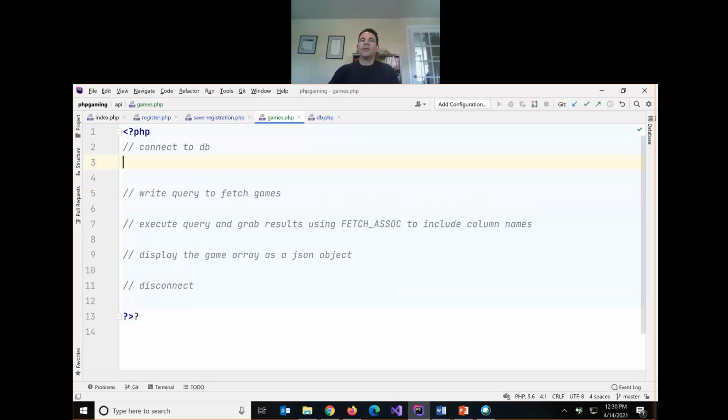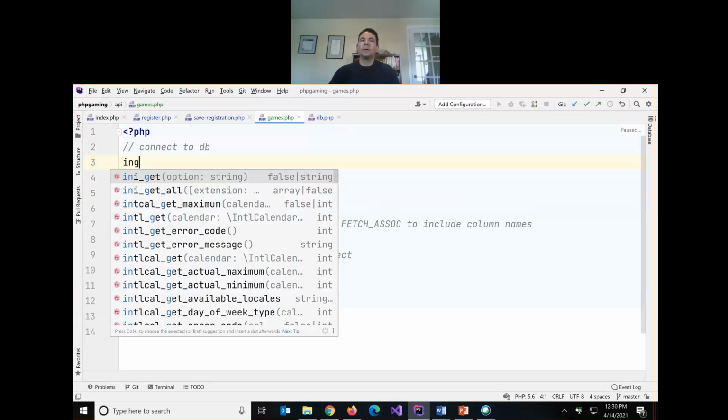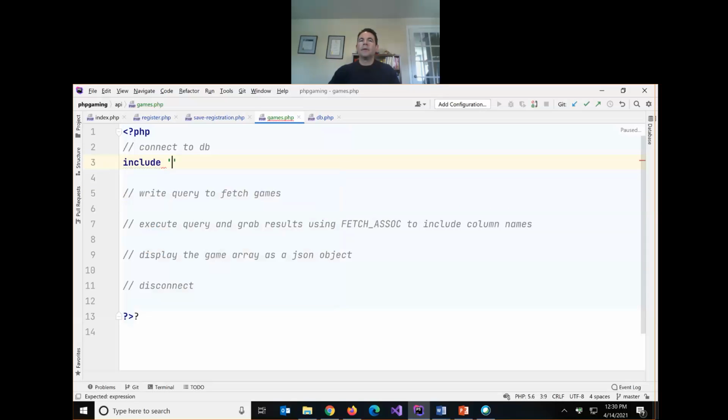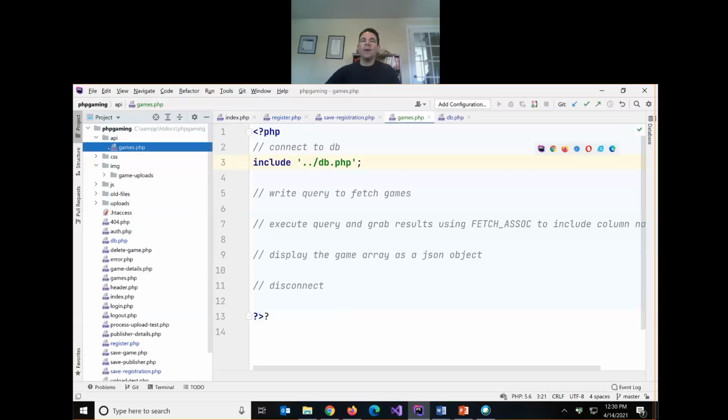So to connect, we'll just include or require our database file. Notice we need this path because we're in the API folder. So the database file is not in the same folder, right? We're in here, the database file is up one level in the root. So I need to prefix that path with ../